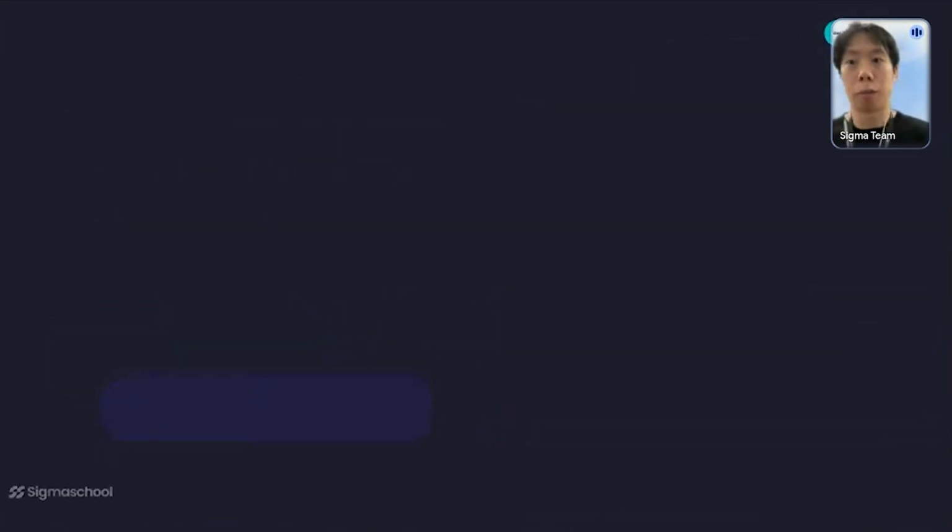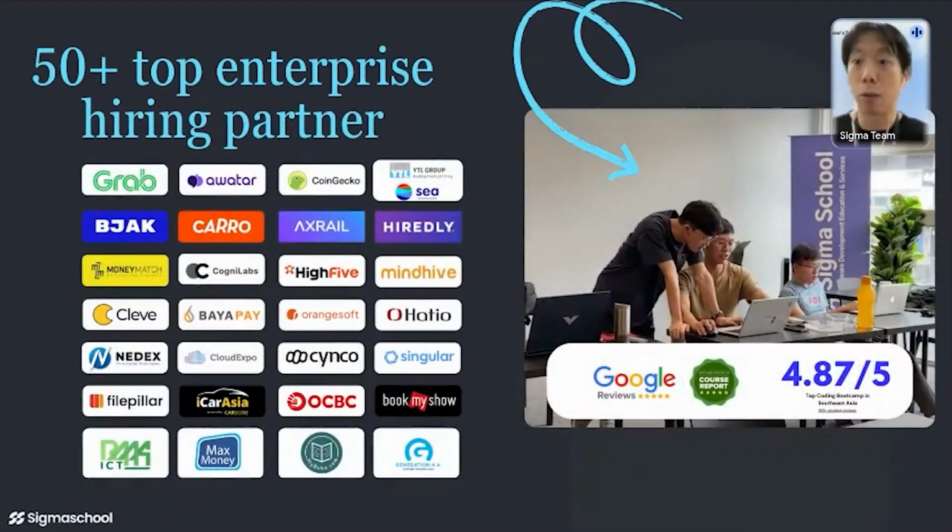These are also some of the events that we currently have, and the one that you're in right now is one of them. How we do it is we have 50 plus hiring partners, all the way from enterprise hiring partners that are looking for tech talent, people who can actually build code, know the fundamentals, and will be able to use AI in the process as well, right? These are some of the companies that we work with.